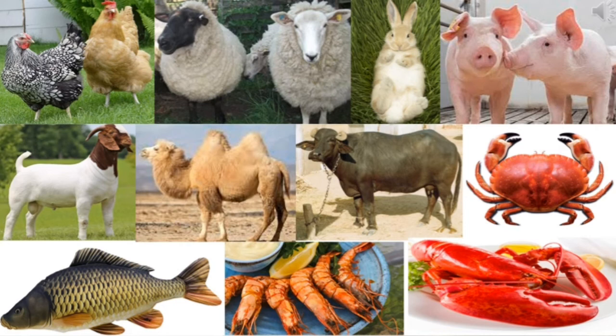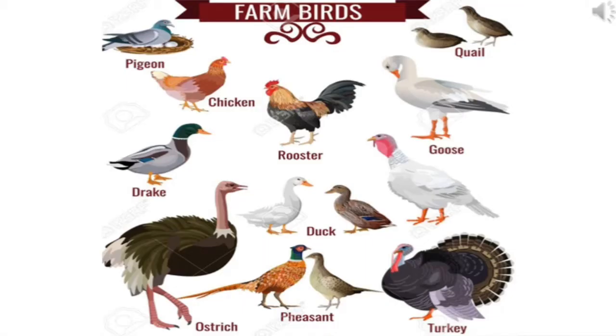Especially, chicken breeding is done in large scale in the form of poultry farming for economic purpose. What is meant by poultry? Poultry means domestic birds. What is called poultry farming? Poultry farming is the process of raising domestic birds such as chicken, duck, turkey and geese for the purpose of getting meat, egg for food. Poultries are reared in large numbers and chickens being the most common one.